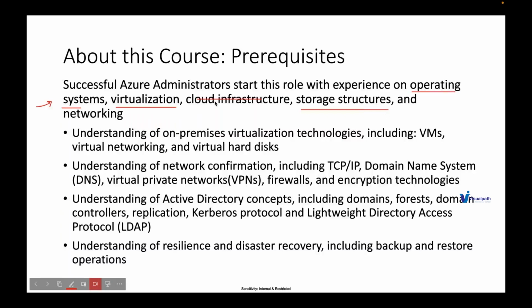Networking, yes, very much. You should know basic networking. What is an IP address? What is subnetting? What are the classes of IP? What are the network devices like switch, router, VPN, and what they do, firewall and what it does, some basics of it. And also some protocols, like what is TCP/IP, what is DNS and what it does, what is VPN, how it fits in the infrastructure, what is a firewall and what is its use, why encryption is required and what encryption is about,